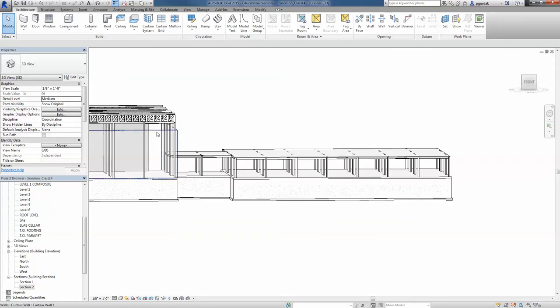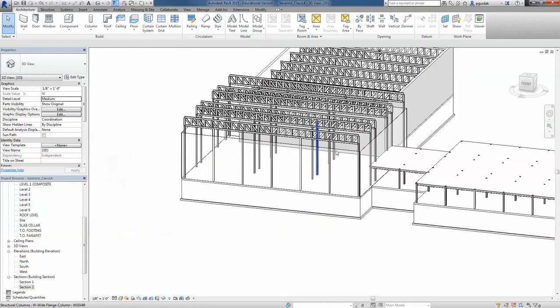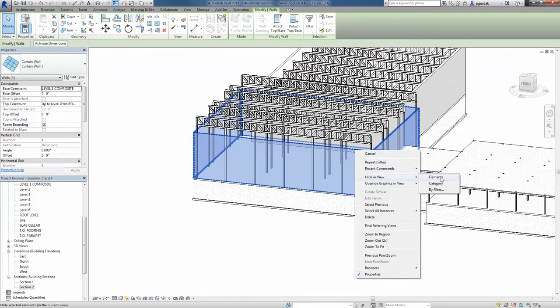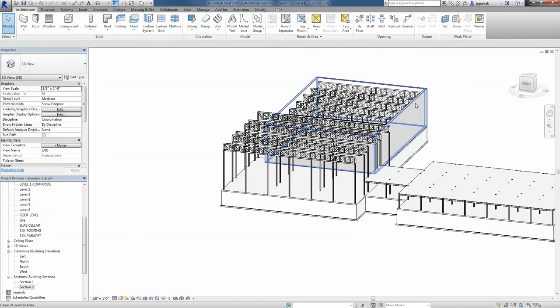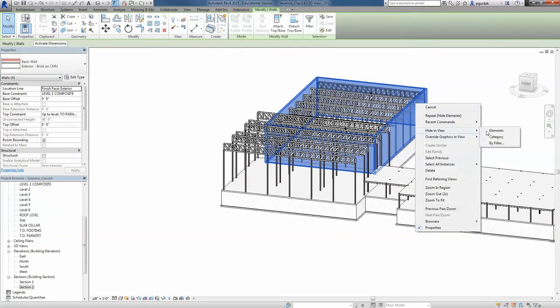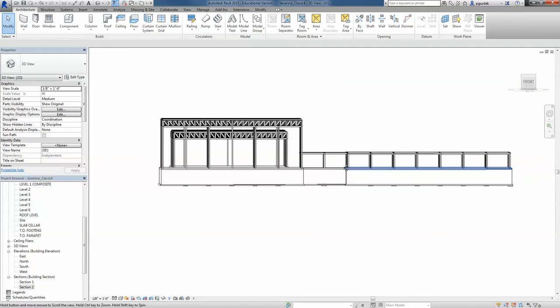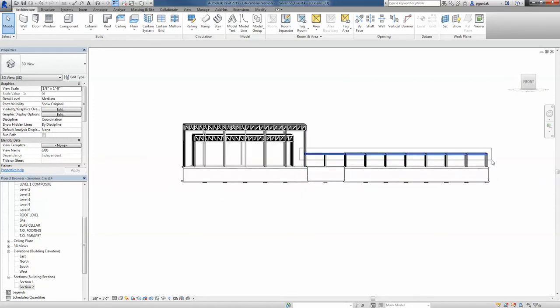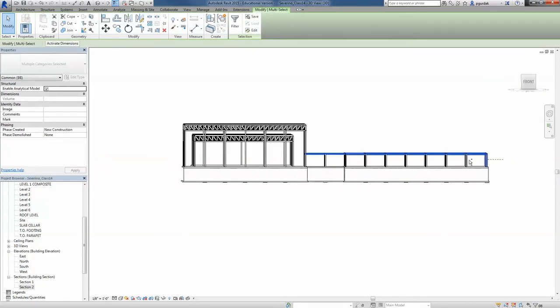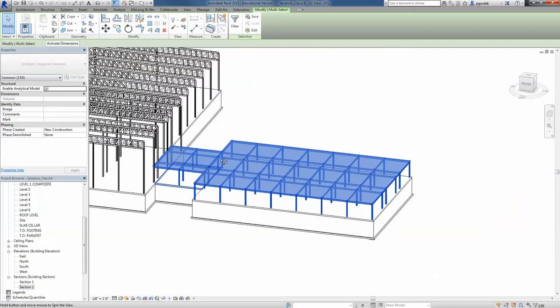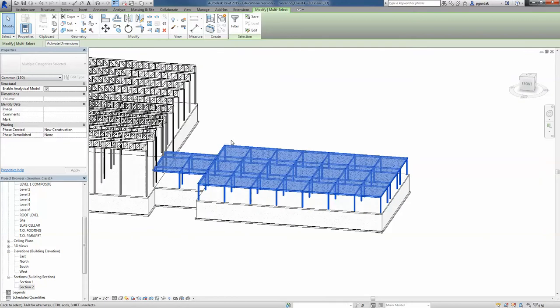No. So by the way, I'm going to select the facade here that I see, pressing tab, hide element, and this one hide element as well. Okay, so I'm going to select the floors and now pressing control the columns. Okay, so you have all those selected, and I'm going to do a copy paste, and that's where these options